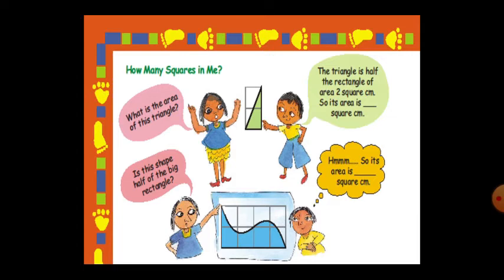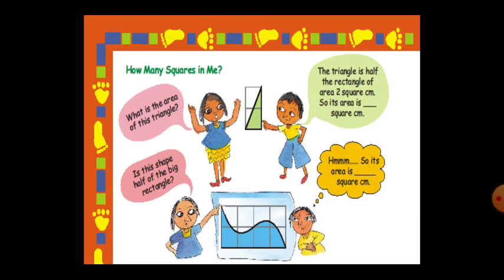You know that the rectangle is divided into two triangles, so one triangle is half of that rectangle. So here the rectangle is 2 square centimeters. You have to make it half, the area of the triangle. How much? It is 1 square centimeter, right? That is because the rectangle is equally divided into two triangles. 1 centimeter plus 1 centimeter, it is 2 centimeters only.